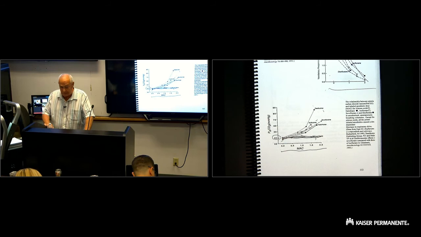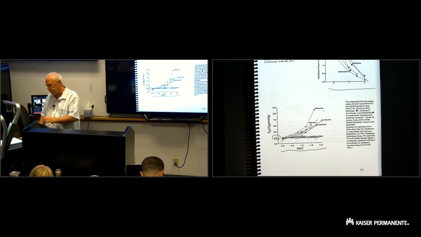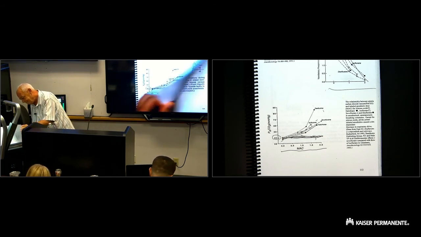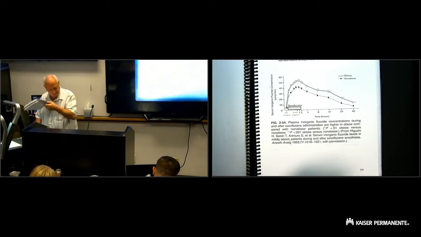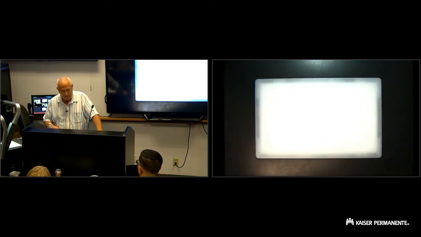So the take-home message from this page is anesthetics are respiratory depressants. They do it in a dose-dependent manner, except for nitrous oxide. All right,